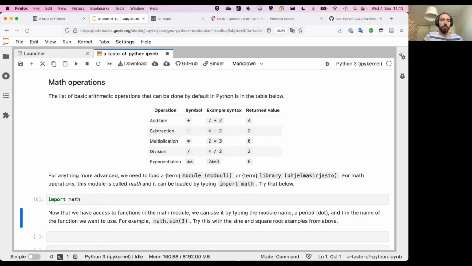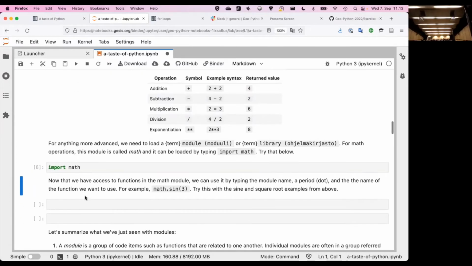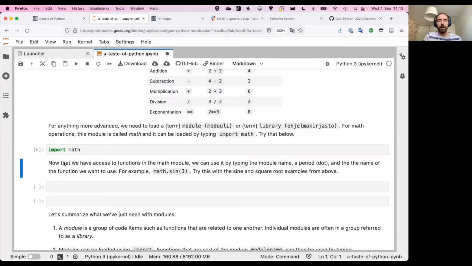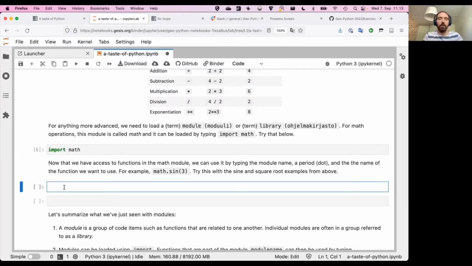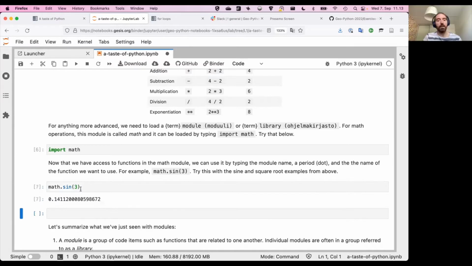So if I run this with Shift Enter, the import math should very quickly be executed. It doesn't return any values, but now if I wanted to calculate the sine of 3, I would type math.sin of 3. So I would give the name of the library and then dot, and then the function I want to use, which is the sine function, and then inside the parentheses would be the value that I want to calculate. Now, in this case, when I run it, instead of getting that error message back that we saw before saying that sine was undefined, it now says, oh, you want me to use the sine function from the math library? No problem. Here's the value,